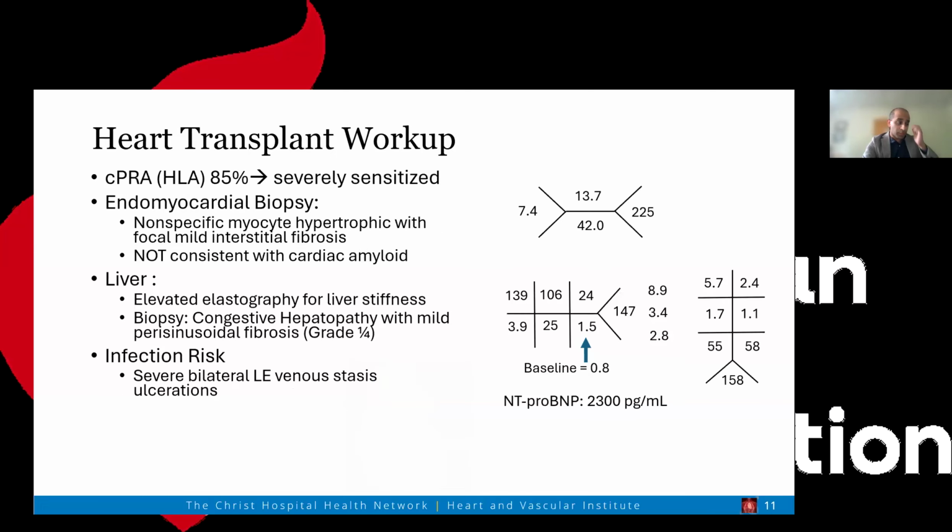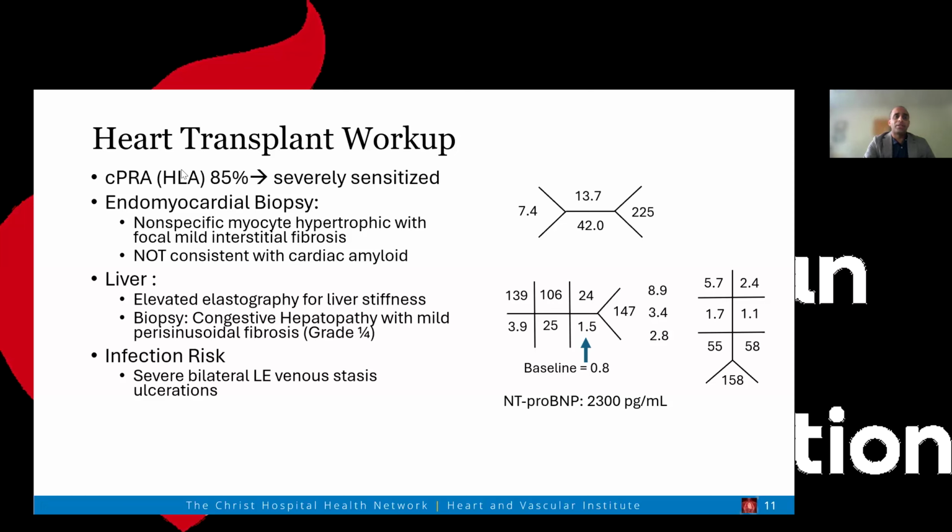So in terms of her workup, we first started by considering a heart transplant workup. We knew at this point this patient had a restrictive cardiomyopathy, and most of the time, the next best route, if you're in low output restrictive cardiomyopathy, we think about heart transplant, especially if you arrive in cardiogenic shock. What we unfortunately end up finding out is that she had a high degree of sensitization.